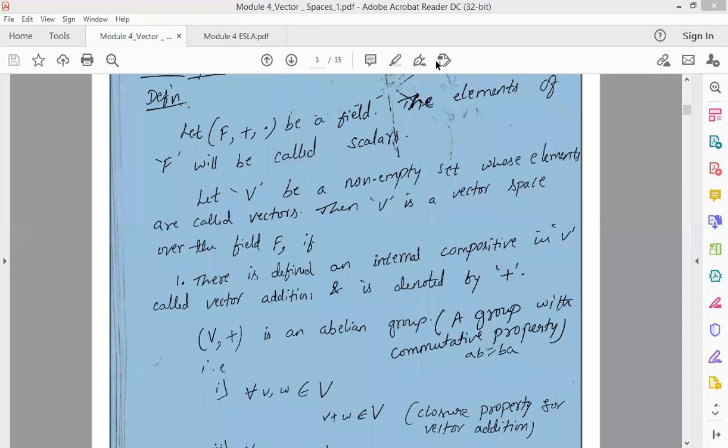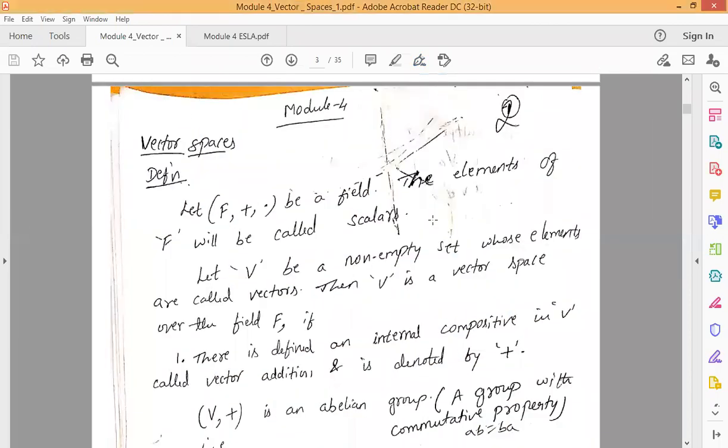In the last class, we started with module 4. There, we started with vector spaces and we saw the definition of vector spaces and the conditions required to have a vector space. All this we discussed in the previous class. I'll just revise it. As you come across the new terms, it may be difficult for you to go through, but the problems will be very simple. So here once again I'll just revise the topics for 2 minutes.